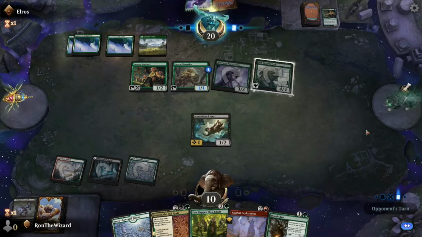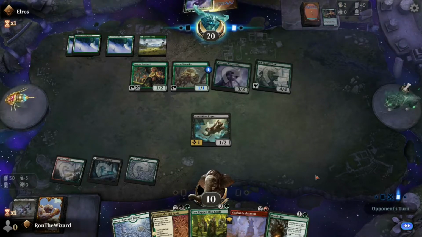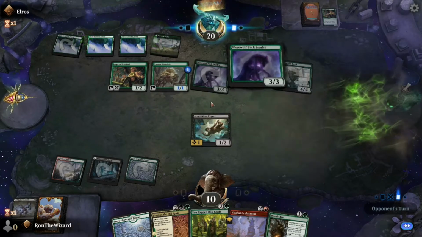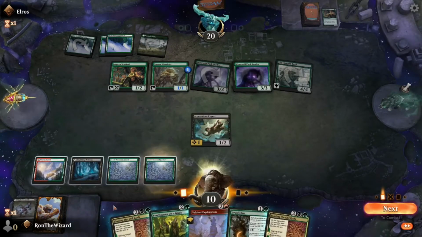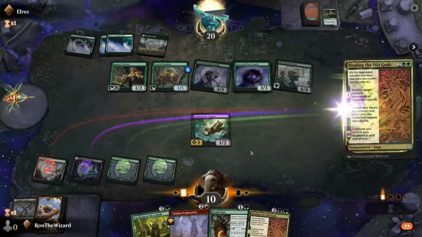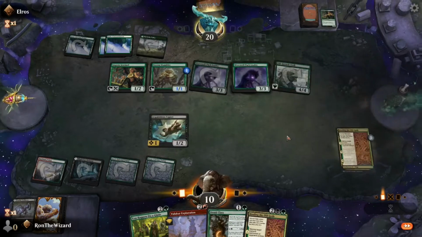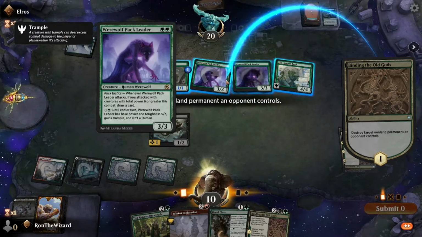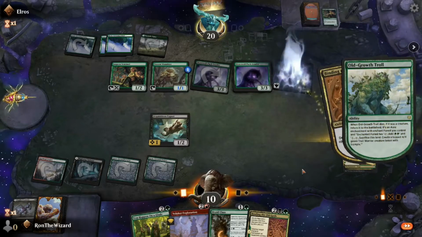This wolf keeps howling. I really wish it would stop. I'm really just looking for a Blood on the Snow now. Even then, I'm not sure if it'll be fast enough. Alright, here's a Binding the Old Gods. I think I need to kill the Old Growth Troll. It doesn't feel good, but...